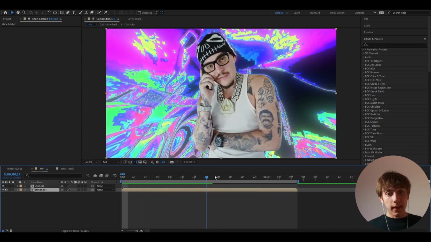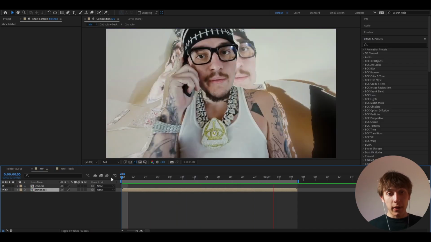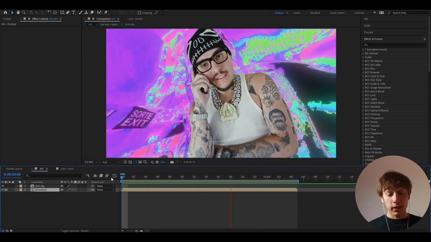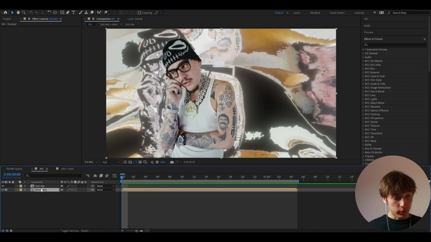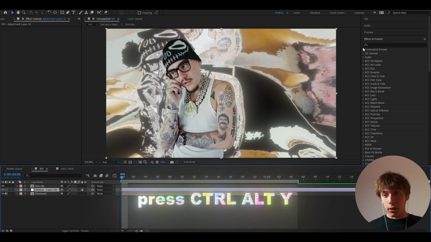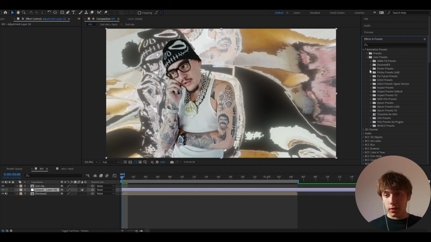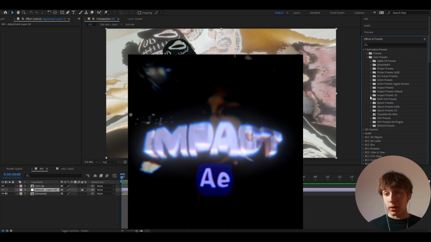And as you can see, we have the background effect, but it just feels like there needs to be more. Like, there needs to be some shake effect. So to do that, we can press Ctrl Y, and we can go to animation presets, user presets. And for this, I absolutely love to just quickly drag and drop a preset from my Impact Presets V2 pack,